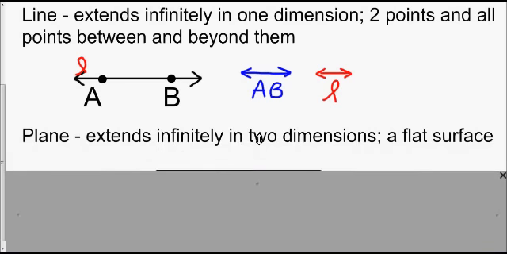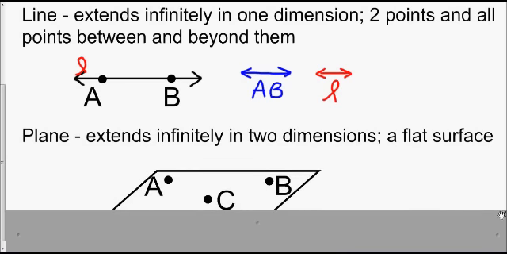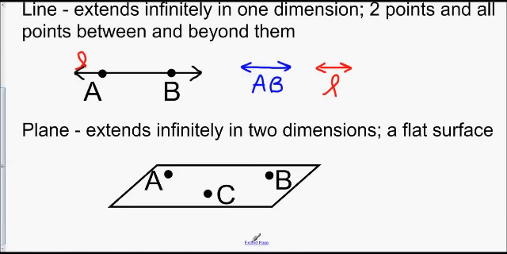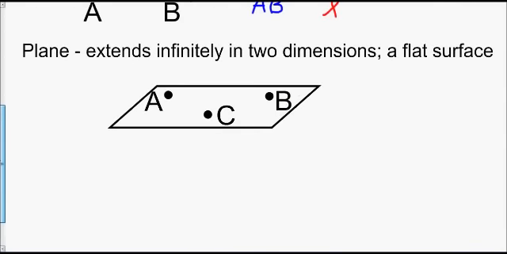Next we have plane. So a plane extends infinitely in 2 dimensions. So you see that is represented by this parallelogram here with the borders. So it is a flat surface, and you see within it the 3 points. You do need at least 3 points to name a plane. So this would be plane